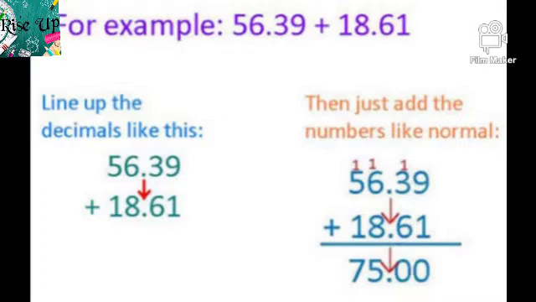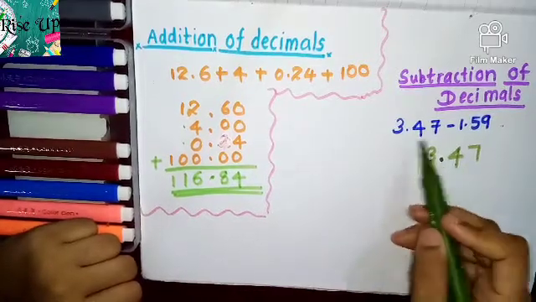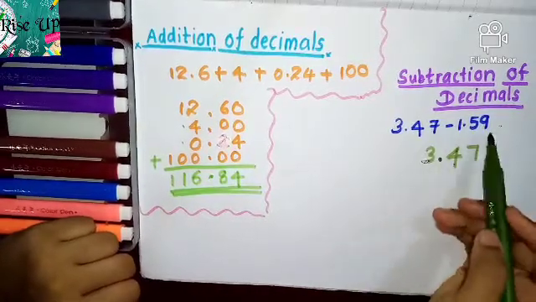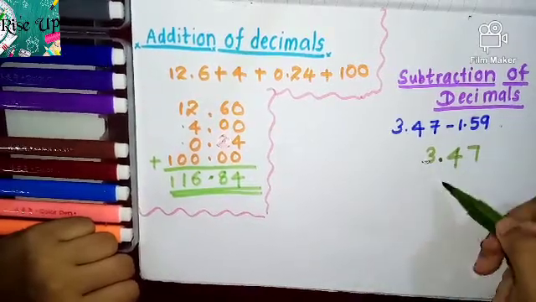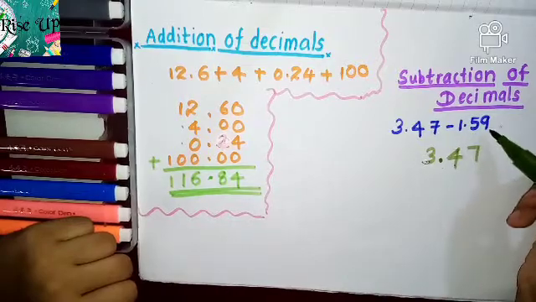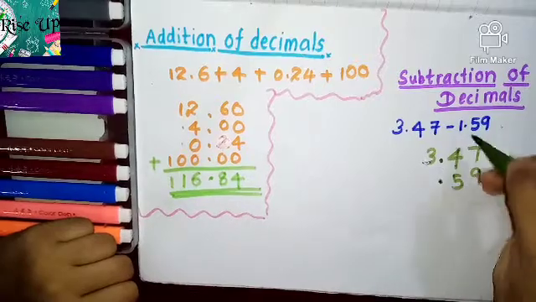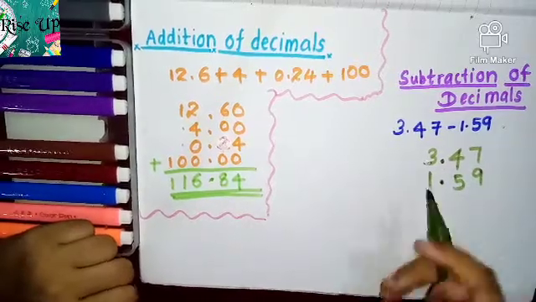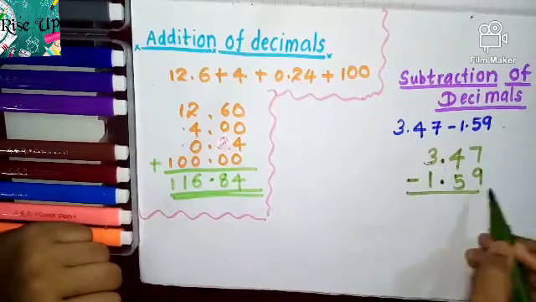So don't worry, subtraction of decimals is also very similar to this and very easy. Okay, now let's move into subtraction of decimals. For this I have taken two numbers, 3.47 minus 1.59. So I wrote 3.47, and now I'm going to subtract 1.59 from that. I'm going to write the numbers from behind, 9, 5, and the decimals come one under the other, and 1.59. So I'm going to subtract this. Just use the subtraction mark for this and subtract.